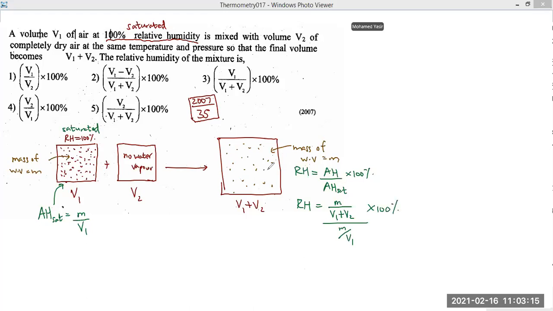That's the equation, right? We are finding the relative humidity of the mixture. In the mixture, here there is M mass of water vapor. Here there is no water vapor. So when you mix them, still the total mass will be M. The volume is V1 plus V2. That's what I have written here. And for saturated vapor, I have considered only the initial sample, which was saturated here. Then mass will get cancelled off. And V1 will go up. Therefore, final answer, RH will be equal to V1 divided by V1 plus V2 into 100. Which one, people? That's the third answer, right? Third one will be the answer.